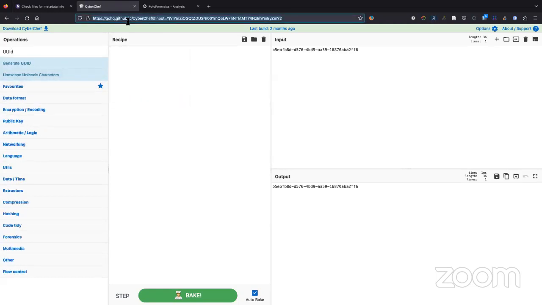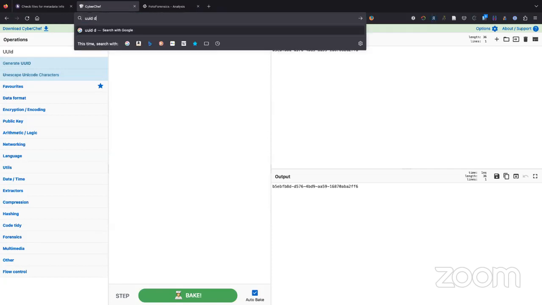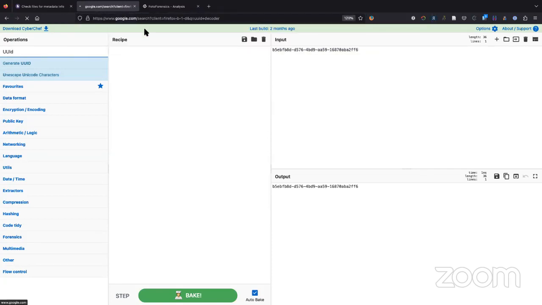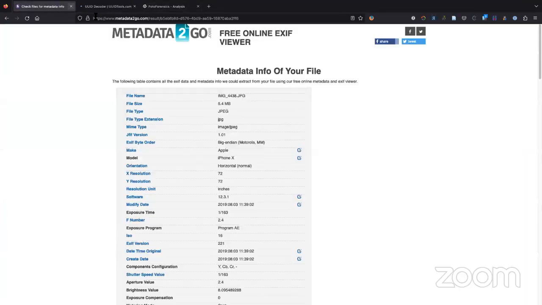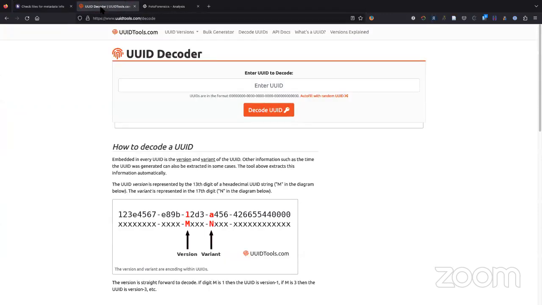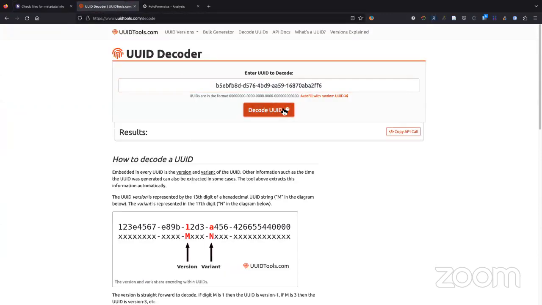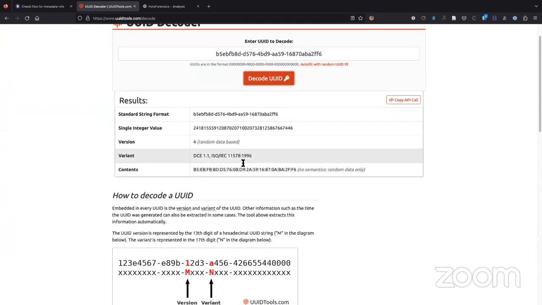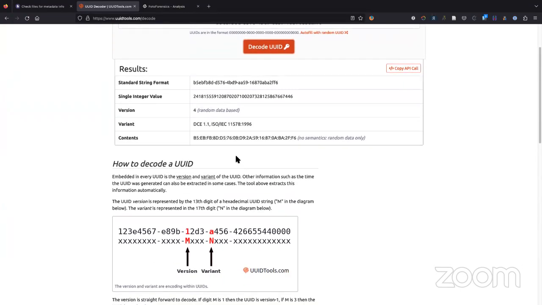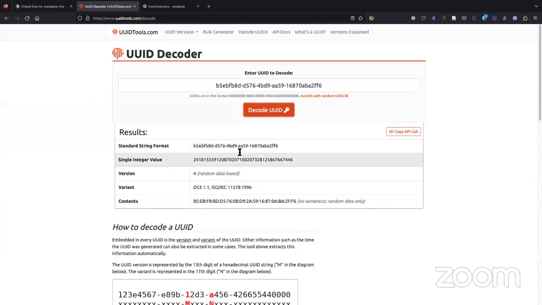I thought CyberChef did it. We'll go this route. So again, I'm going to copy this UUID. In fact, I'm going to cut it to make sure I got it. I'm going to enter it, and we're going to see if we can decode anything out of it. So it appears as if there's nothing specific to it in terms of what is going on here,